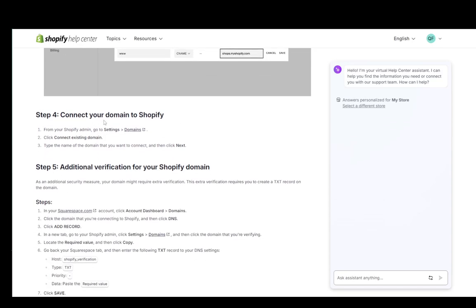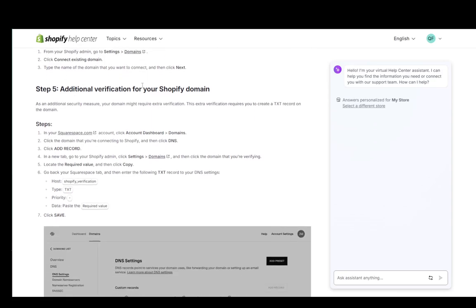After that, you just need to connect your domain to Shopify by going into your Shopify admin, going into settings and going into domains, then clicking connect existing domain, and then type the domain you want to connect. And then once you hit next, you can add additional verification for your Shopify domain, which you need to do